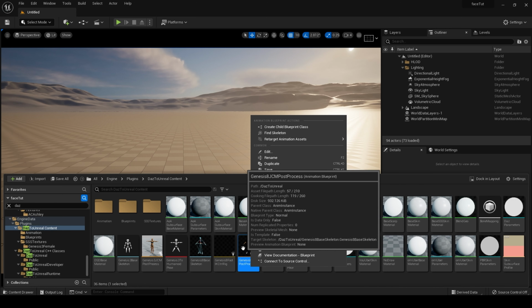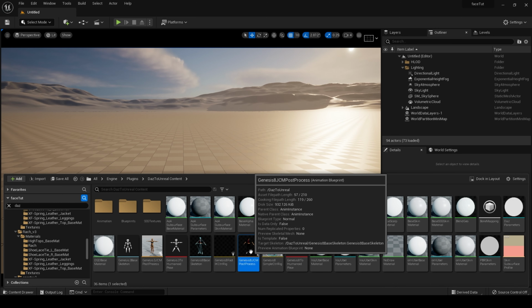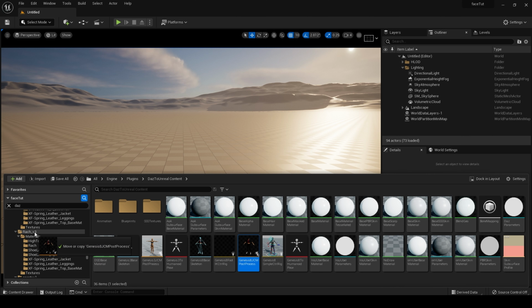And what we want to do is then drag that over to our Rage version 3 folder, where we've just imported our character to, and copy here.